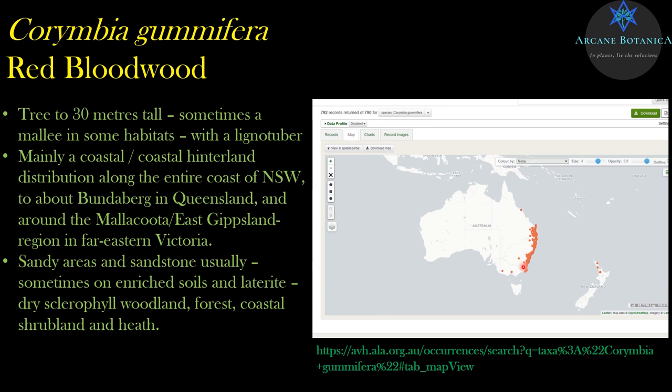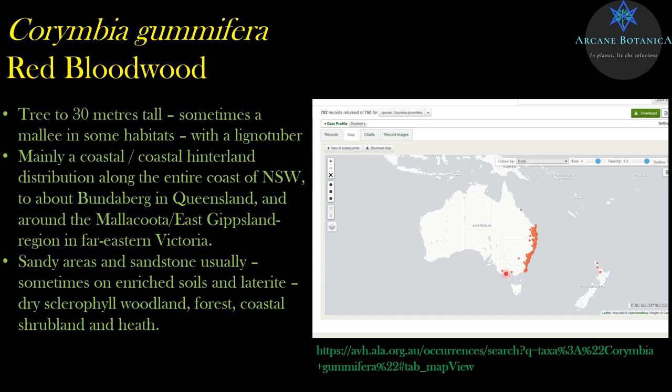Here's just a distribution map. You can see where that is there. What's interesting is, again, I'd just like to talk about these maps. When you get records like that, you might go and look that up and just see, oh, what's going on there? I looked up that record. It's in the wrong location. It's actually meant to be in Western Australia somewhere, possibly as a planted specimen, as far as I could tell. This record here is meant to be genuine. It's described really well, and that's where the record is.